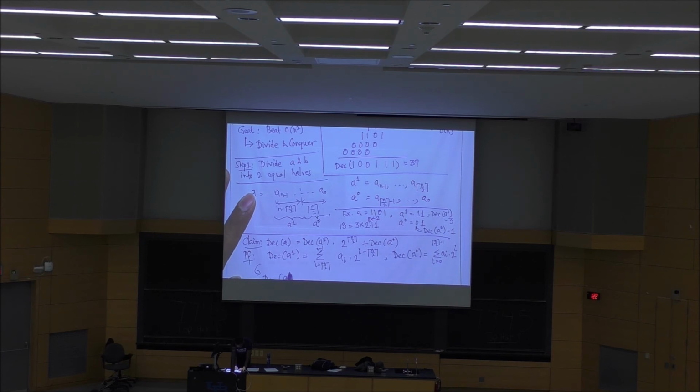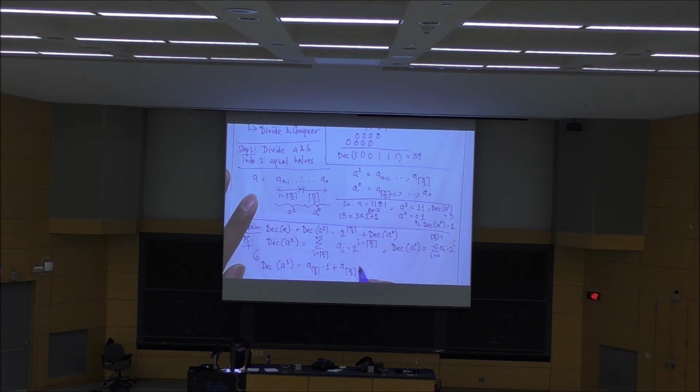The decimal of A1 is this bit multiplied by 1, plus the next bit multiplied by 2, and all the way up to A of n minus 1 multiplied by